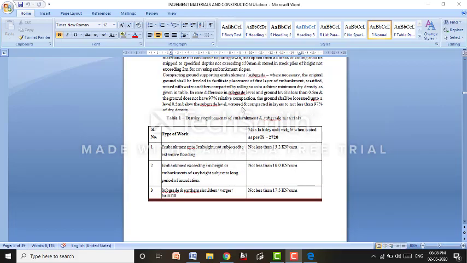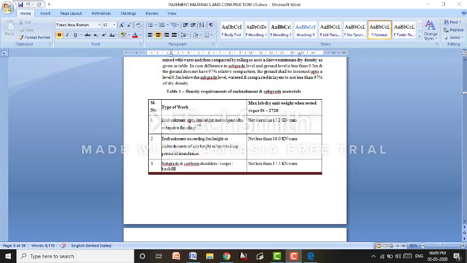Density requirements of embankment. See, before compaction, the soil needs to be mixed with water to achieve the required optimum moisture content of that soil, which is calculated in the lab. Once that optimum moisture is achieved, it is mixed properly, and then laying is done, and then compaction is done to get the required dry density. That required dry density will be 97% of the lab density. Say for the type of work, embankment up to 3-meter height not subjected to extensive flooding, it should not